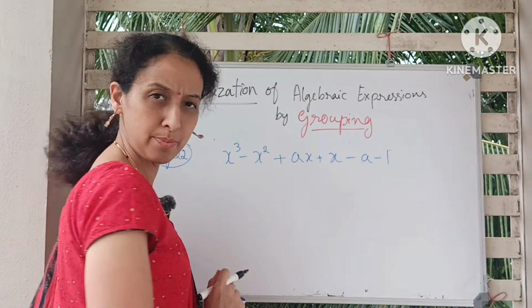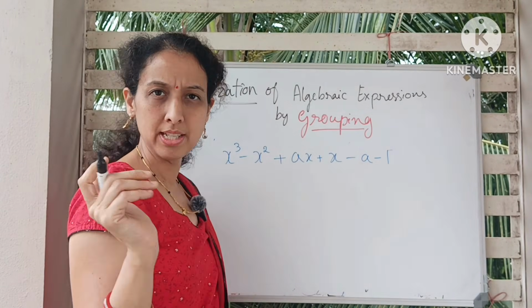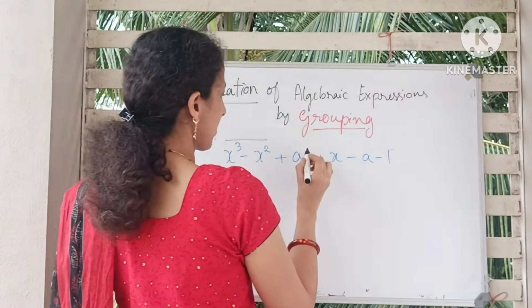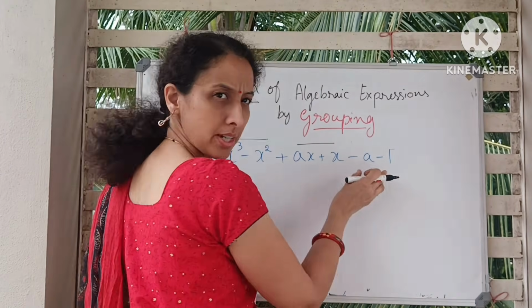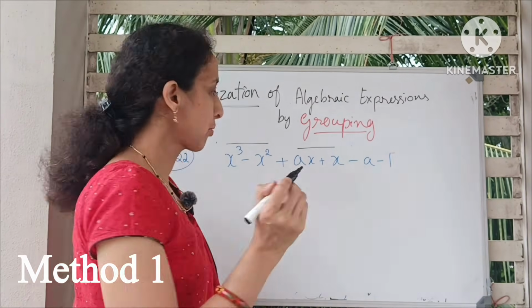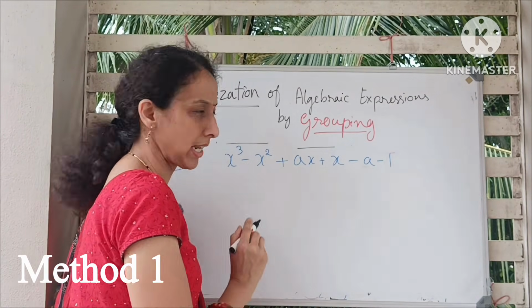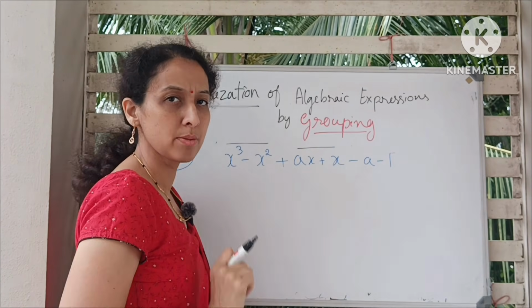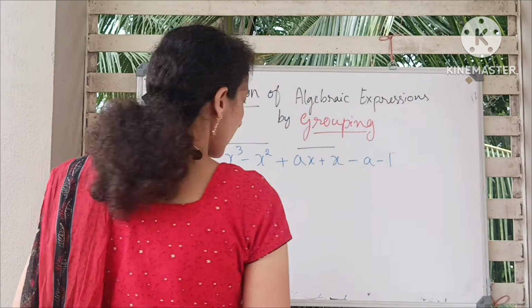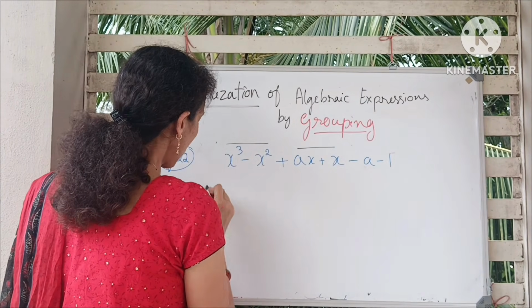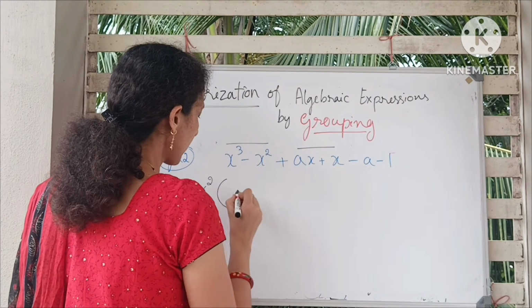Here we have another algebraic expression. By looking at it, I'll straight away start grouping. This looks similar here also, and I don't know what to do with these, so let's keep it as it is. Those who are not aware what this horizontal line is, this is called a vinculum, which is like a bracket, the innermost one usually. And here I can see that I'll take out x square, then I am left with